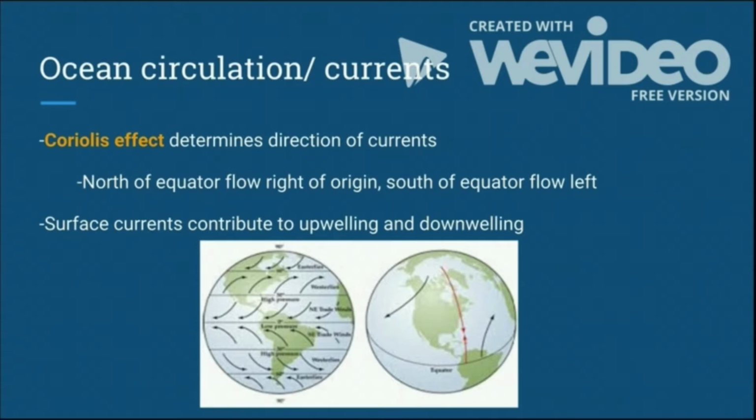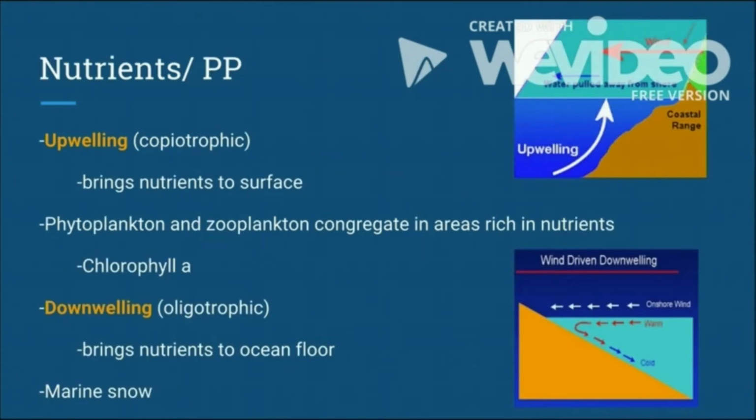The first process of ocean circulation that we should know is the Coriolis effect, which effectively determines the direction in which currents are going. The Coriolis effect is produced by the rotating motion of the Earth and how that creates the apparent movement of currents in a slightly twisted direction. Surface currents, which are produced by the Coriolis effect, contribute to upwelling and downwelling, which brings us to our next driver of oceanic biodiversity,